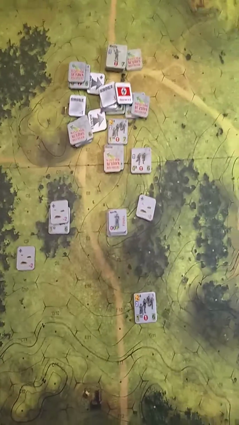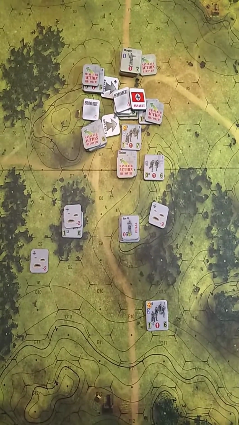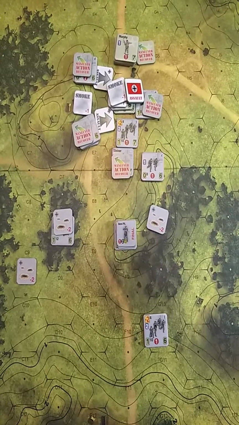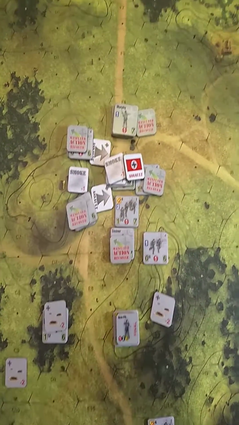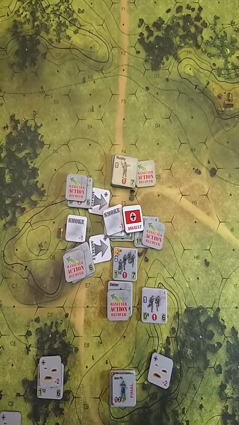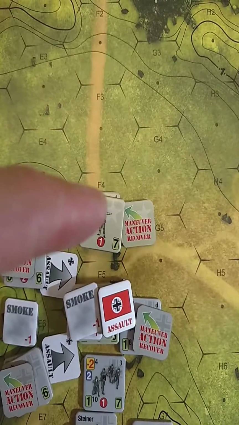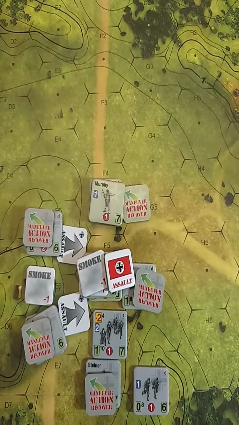So here's part two of The Last 100 Yards, mission three, that I'm playing. I looked up the rules and I was going to not activate any of my American units because they do have the initiative. The problem is the units in this hex back here under Lieutenant Murphy, there were 3 disrupted